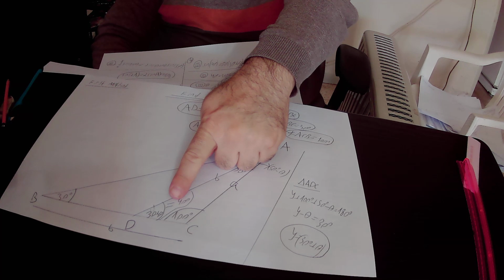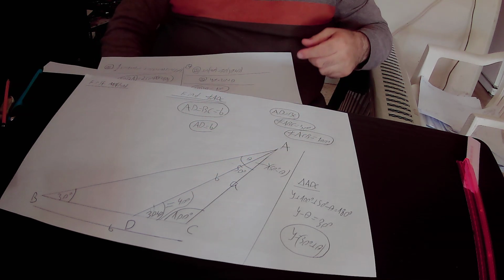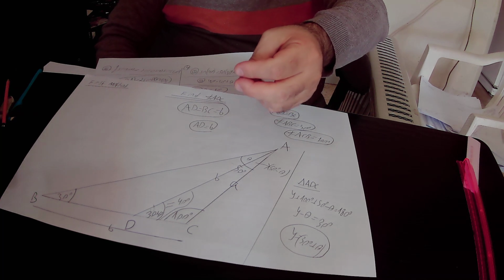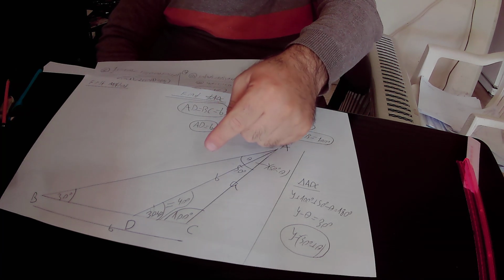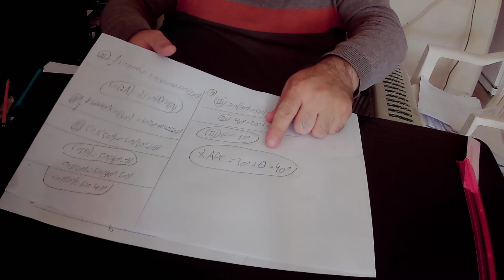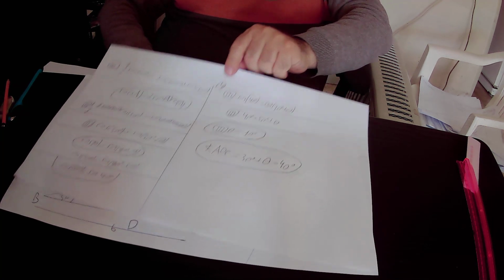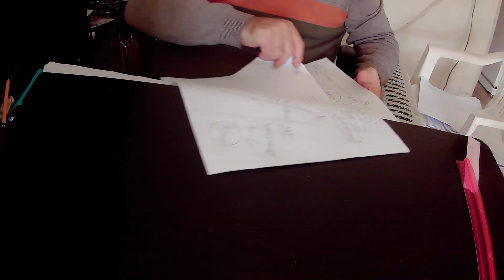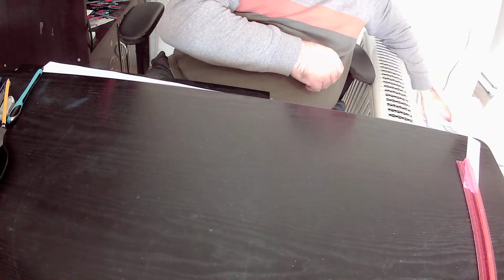But the angle we are looking for is angle ADC, which equals 30 degrees plus theta. So it equals 30 degrees plus 10 degrees. That is to say, the angle we are looking for, angle ADC, equals 40 degrees. Okay, so we finished with the first method. Then I presented to you how to find the value of angle ADC according to the second method. In the second method,